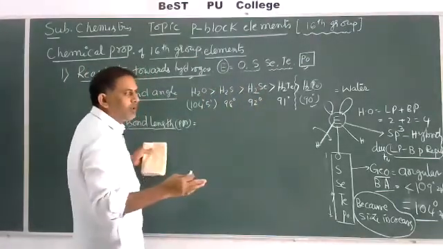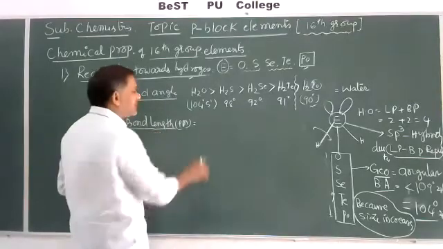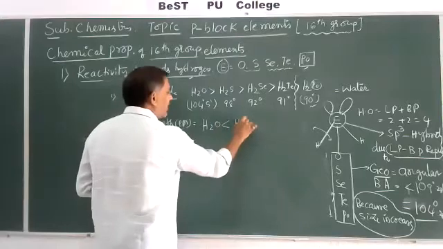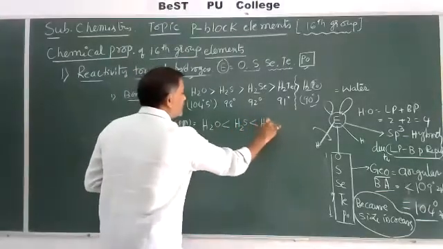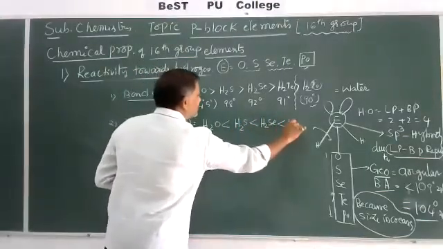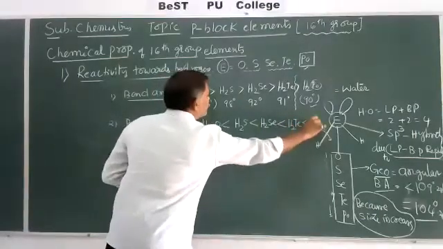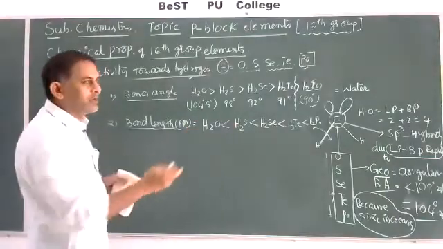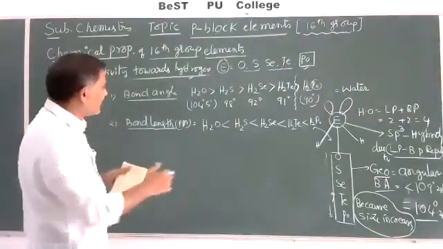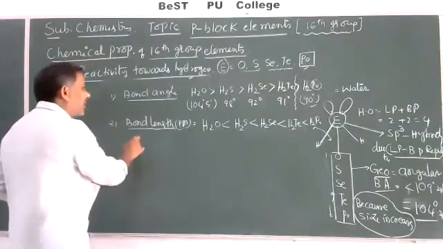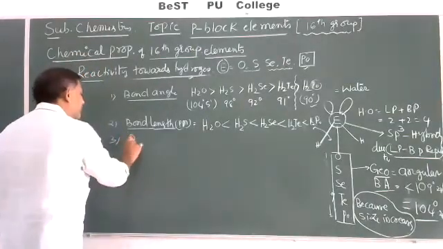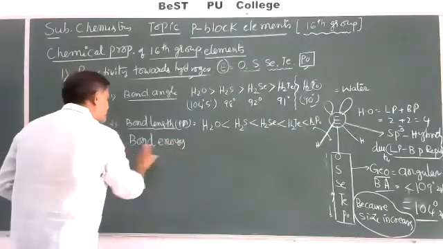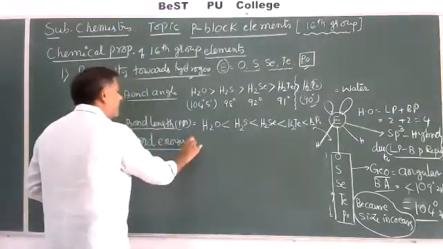Bond length increases. That's why H2O is less than H2S, less than H2Se, less than H2Te, less than H2Po. When the bond length increases, the bond distance increases, and bond energy, bond dissociation energy, bond enthalpy in